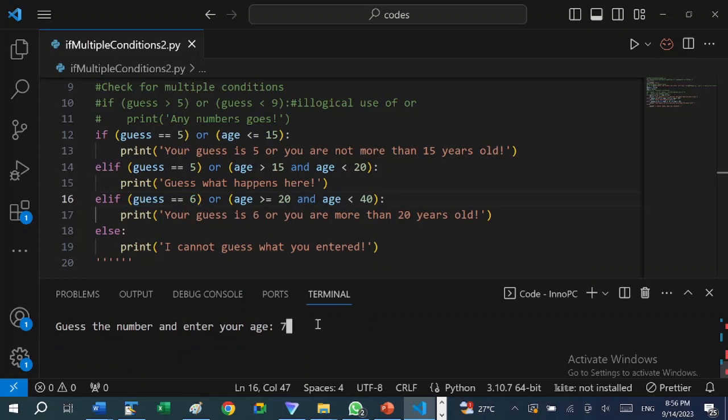Suppose we type 7. We have not satisfied any of the first condition on this side. So if we type 7, 100 and press enter, "I cannot guess what you entered."